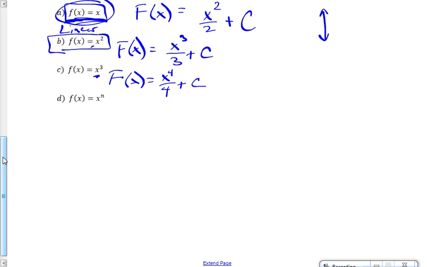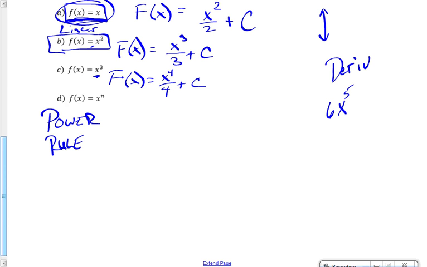So in general, we are using what is called the power rule for antiderivatives. And the power rule for antiderivatives is basically the opposite process of the power rule for derivatives. Keeping in mind, just going back, let's talk derivatives. If we had something like 6x to the 5th, if we wanted to differentiate